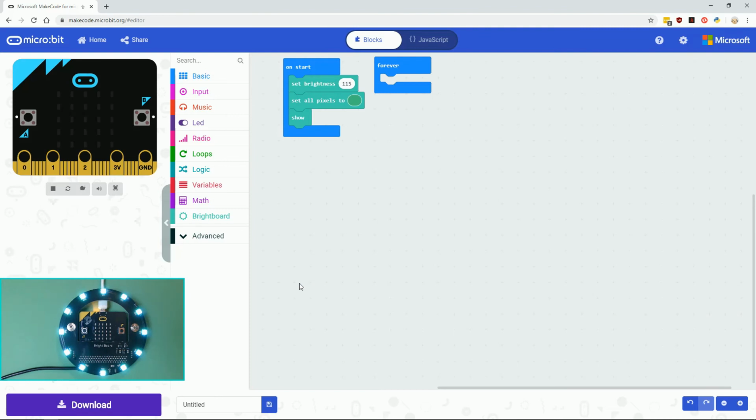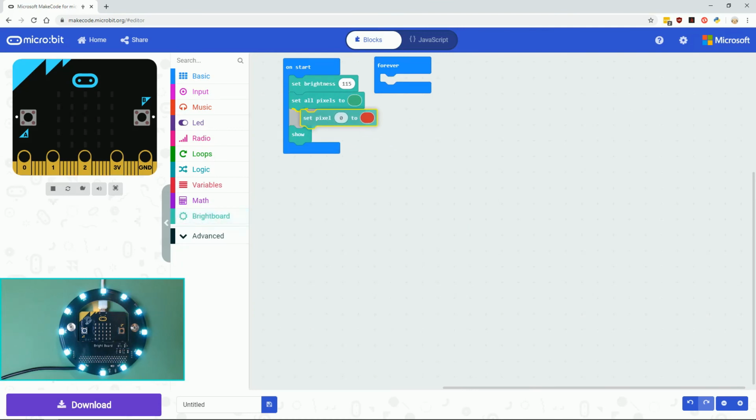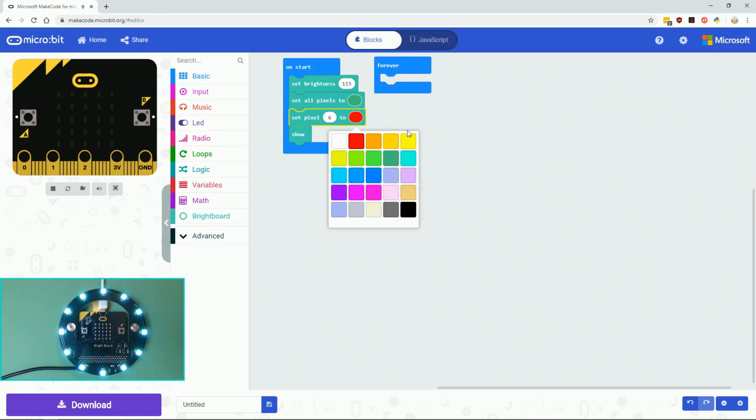Now that we've seen how to set all of the pixels on the Brightboard to the same color, let's look at a code block that lets us set them individually. The second Set Pixel block lets us choose any pixel we want. There are 12 of them, labeled 0 to 11, and set it to the color we select by clicking on the color oval. So we could set pixel 6 to yellow,